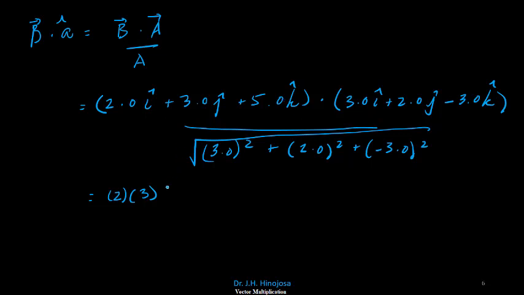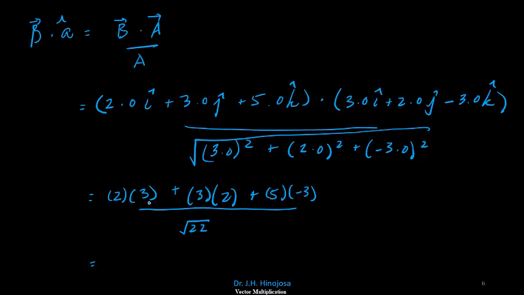So we got 2 times 3 plus 3 times 2 plus 5 times minus 3 divided by the square root of 22. And so this gives us 6 plus 6 minus 15 divided by the square root of 22,